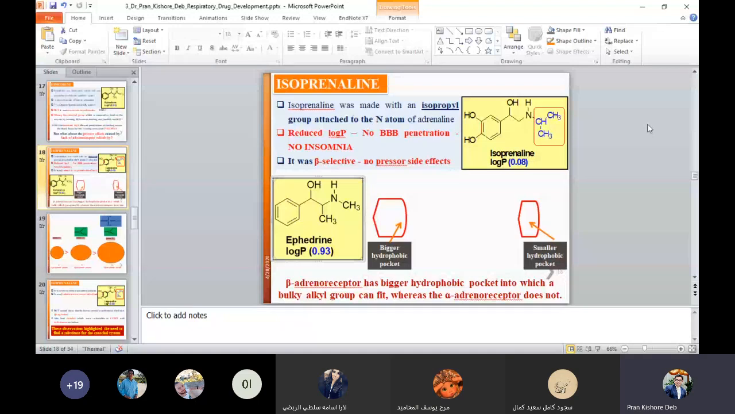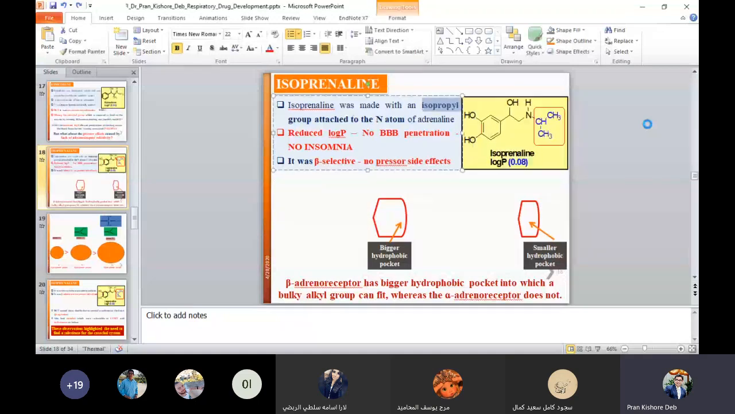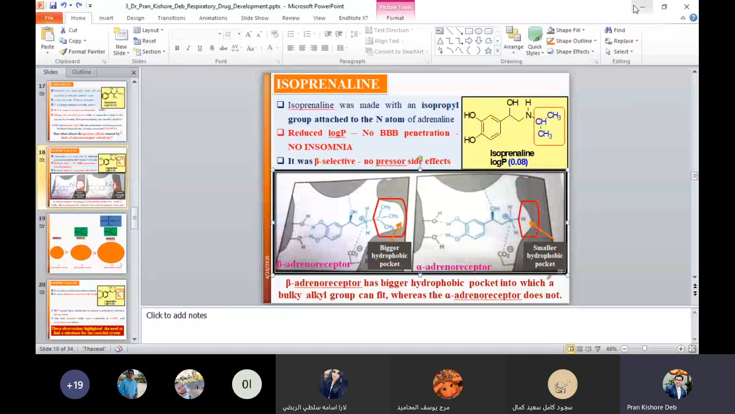So now you can read the slide. Isoprenaline was made with an isopropyl group attached to the nitrogen atom of adrenaline. It has reduced log P, so no blood-brain barrier penetration, no insomnia. It is only selective to beta, that is beta 1 and 2. So no pressure side effects because it does not bind to alpha, right? But it will still show